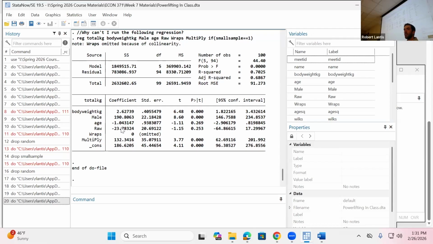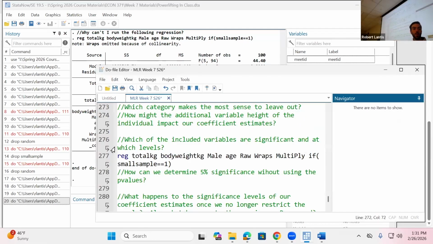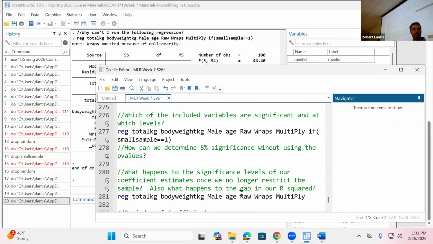One of those two groups. Now, if I leave off this raw variable and include wraps and multiply, the coefficient I then see on multiply is going to be relative to the group I left out, that raw category. If I run this same regression,